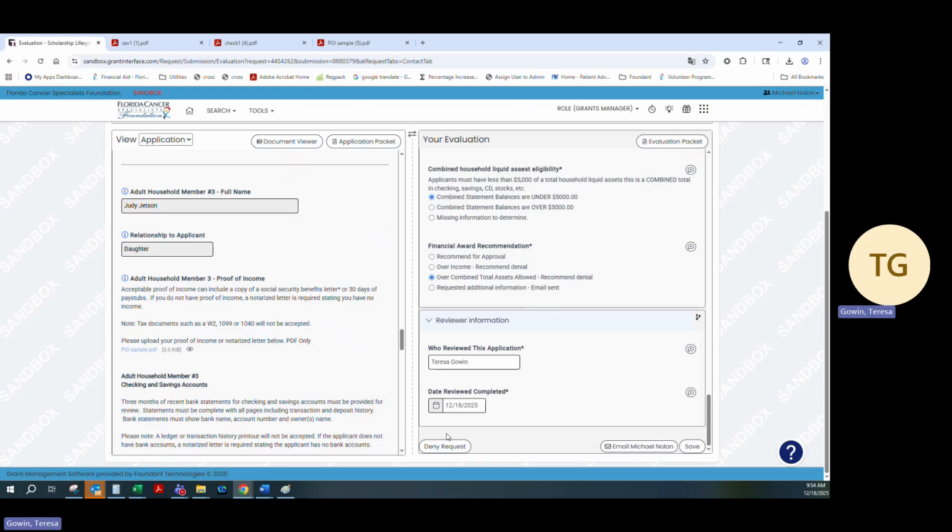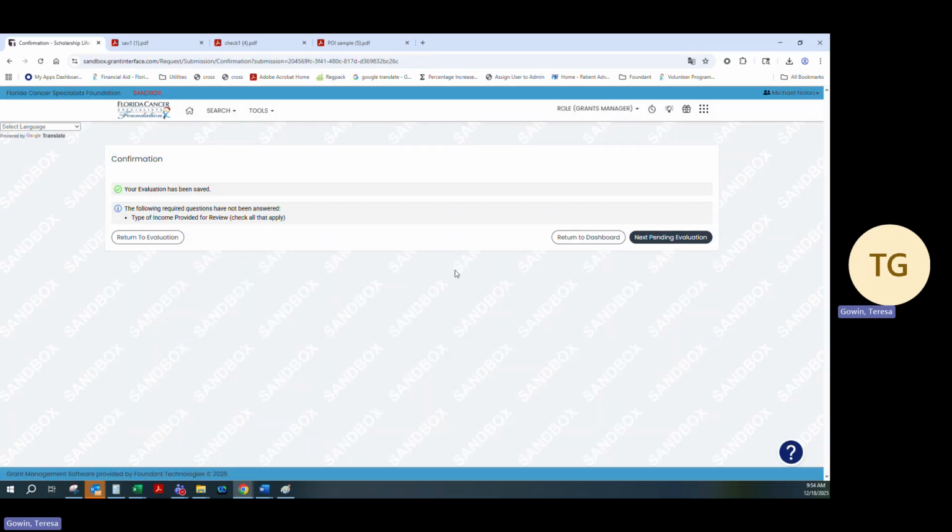We are requesting that you do not click the Deny Request, because we do have another step of approval just to confirm the information is correct. We have a 2-point check on all evaluations that are done in Stage 1 and in Stage 2. So all you will have to do is click Save in this situation. So I'm going to click Save, and it'll show you that